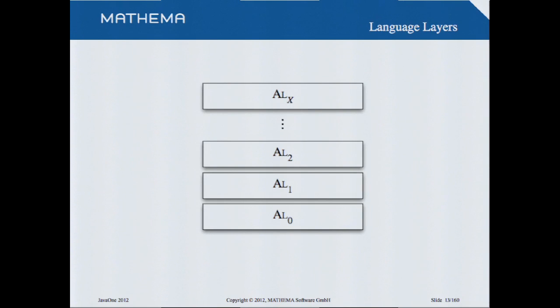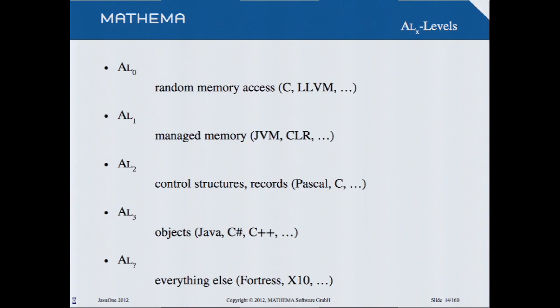I have several levels, and the one level we are interested in is the level 1. This is because we only do things which can be managed by a virtual machine. For example, the Java virtual machine. On a lower level, we have things like give a pointer a specific address. For example, you have a device and you assign the address of the device to the pointer. This is not possible with Java, so we have to omit this. And on a higher level, we have things like control structures, like if and so on, because the level we are talking about is strictly based on the virtual machine. But we will see that.